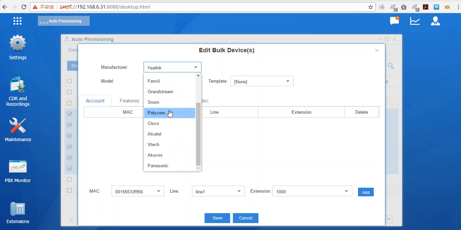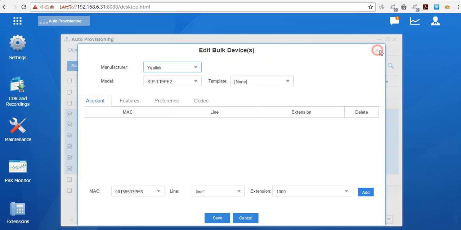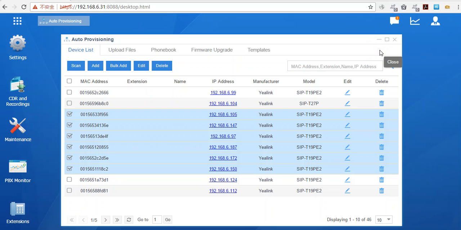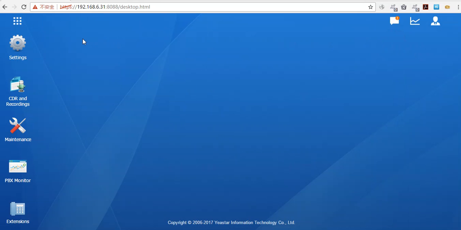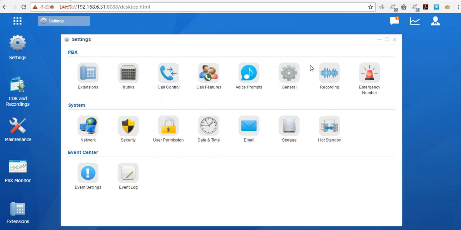If you are configuring Polycom and Cisco phones, you will have to do what we call DHCP mode. In DHCP mode, you will have to set your IP PBX as a DHCP server, and all the IP phones will directly go to the DHCP server to get configuration files. As I have said, you will have to set up your PBX as a DHCP server. So you can do it in